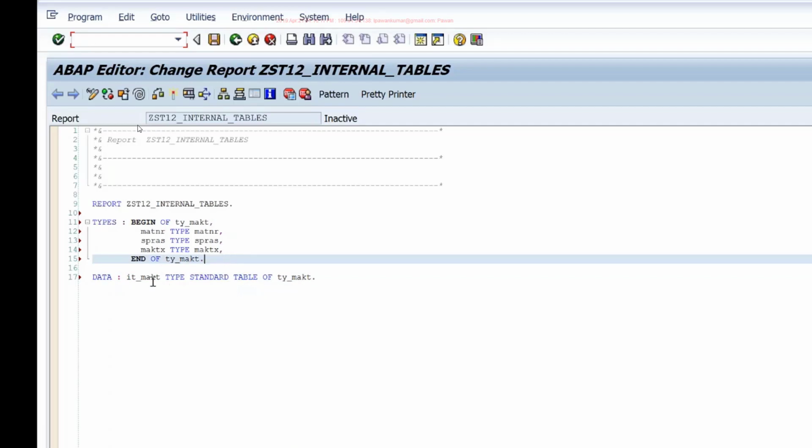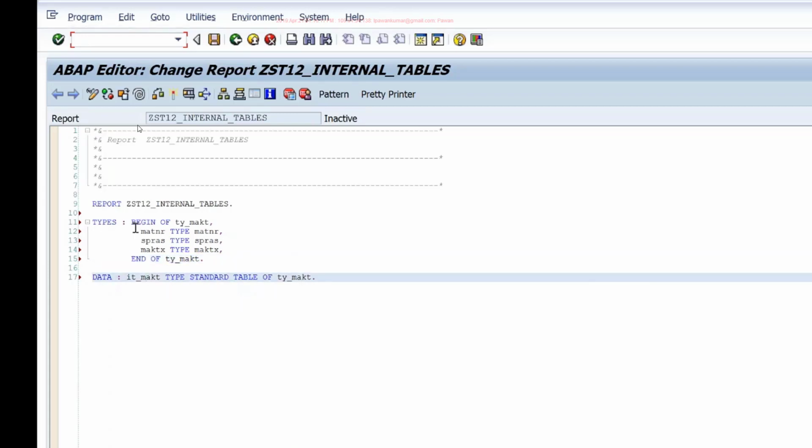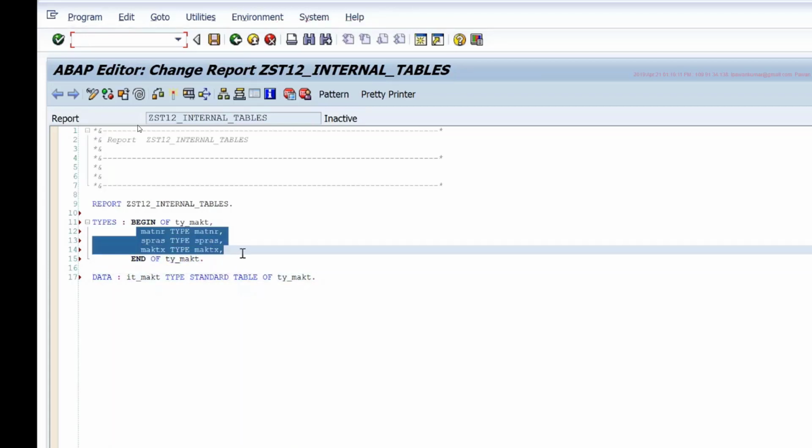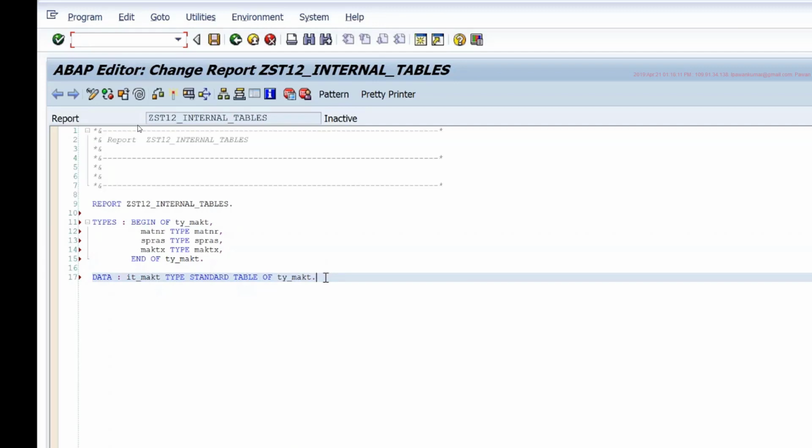Okay. Now, since I'm referring my IT MAKT type standard table of TY MAKT, my IT MAKT row consists of these 3 fields. Okay. And for standard tables, I can end my declaration here. I don't need to specify anything more. By default, the system will add this line.